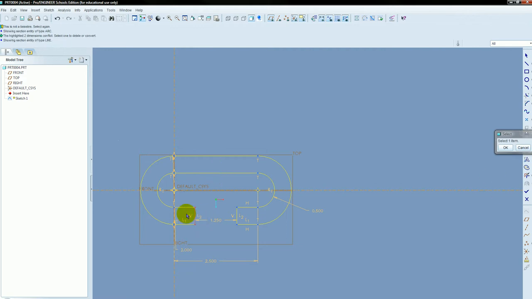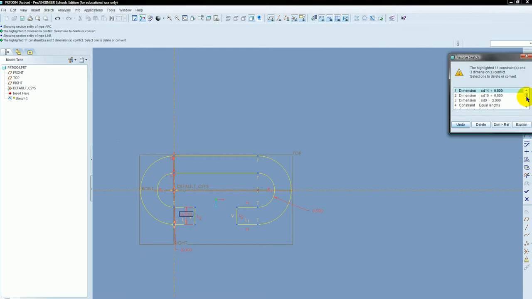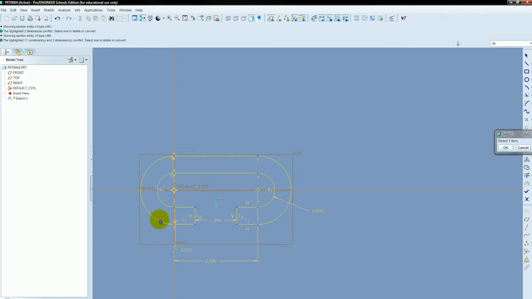So we'll put a dimension in here for this, and that 0.5 has already got it locked into place. The 2 has the other half of it locked into place, and it's got the equal constraints pretty much everywhere else. So it would appear that I do not need that dimension. There are no other weak dimensions in this, so now I am ready to finish this sketch